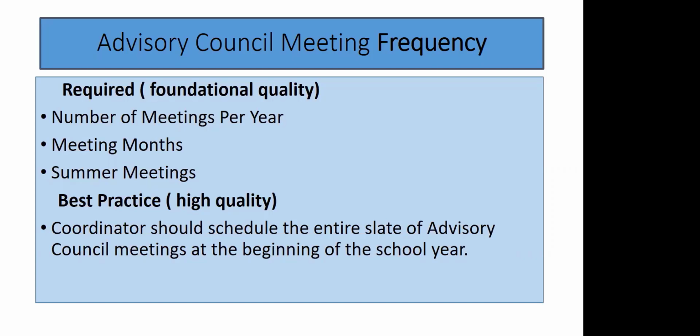And then summer meetings. Previously, we would have to meet in June and July. Attendance was really low. So the division got together and decided, hey, we're going to give coordinators a break, and they don't require us to meet in June and July anymore. So we're going to slide down. We'll see that best practice.